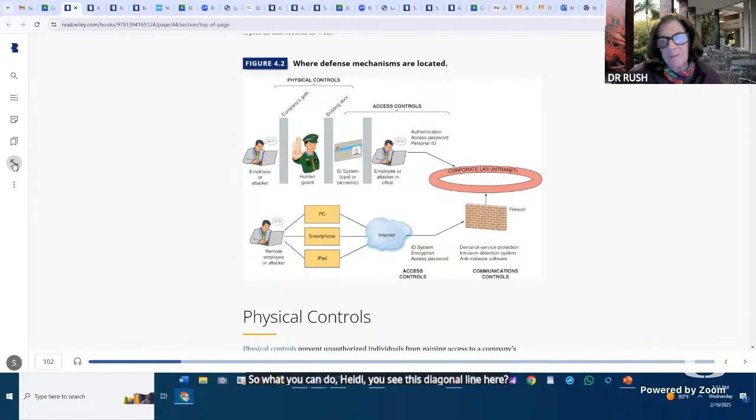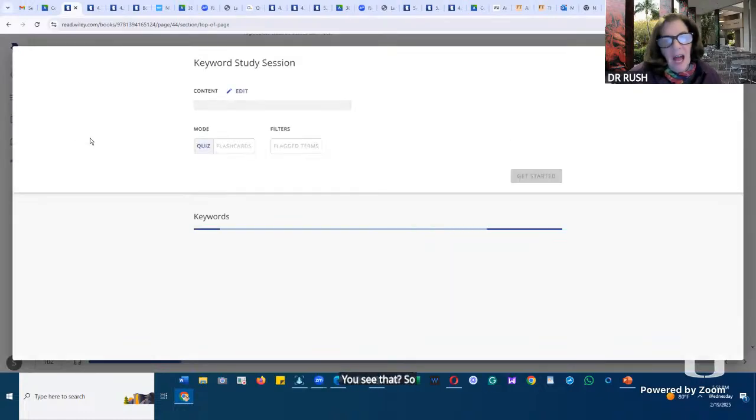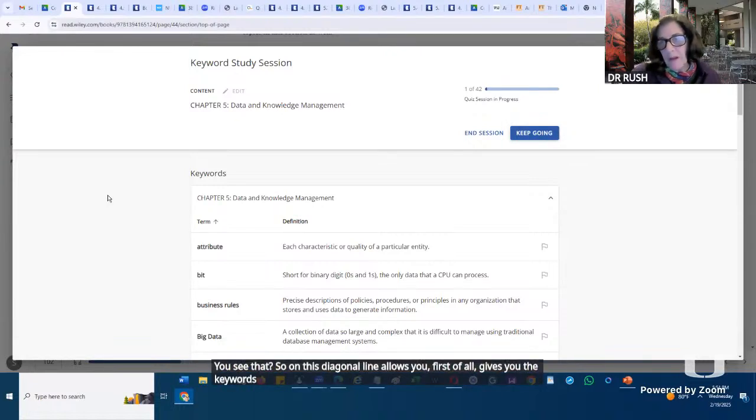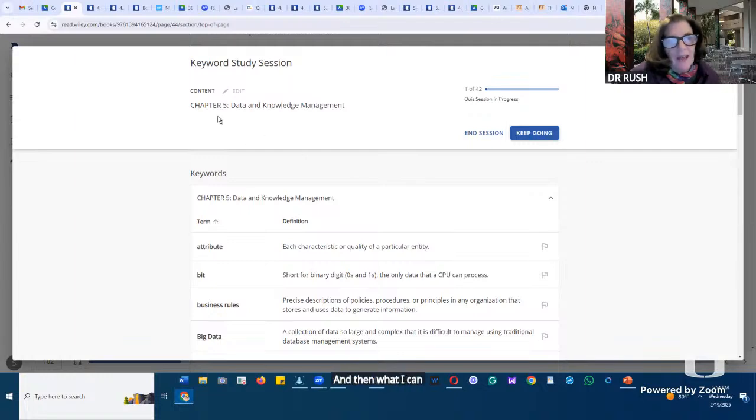You see that? This diagonal line first of all gives you the keywords of that chapter. In this case, it's chapter 5. And then I can edit it.